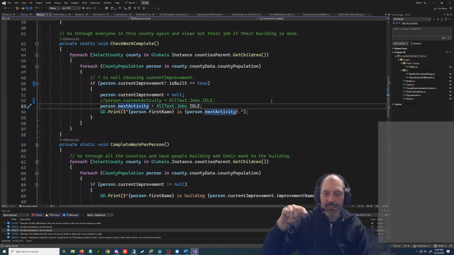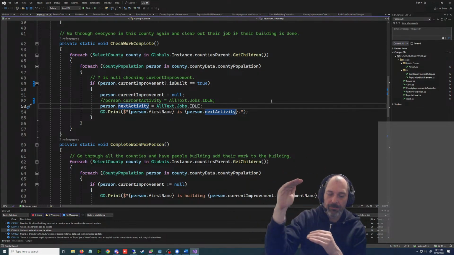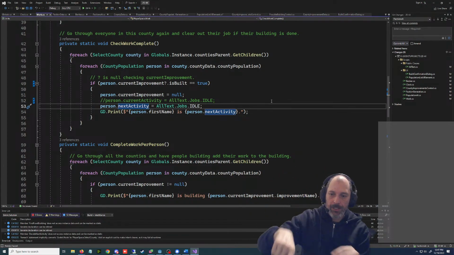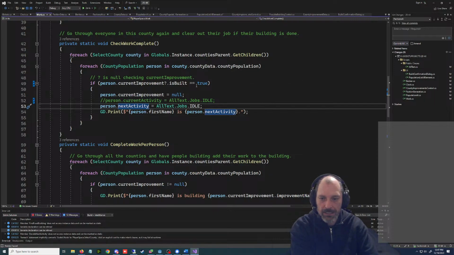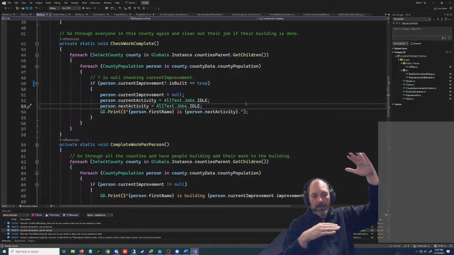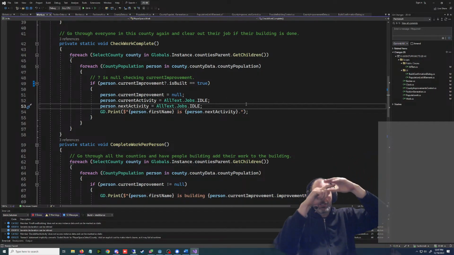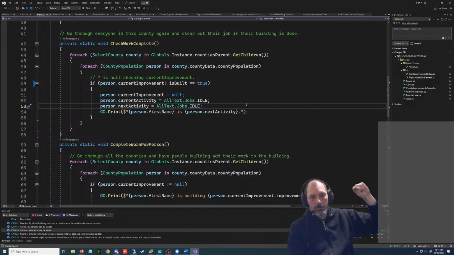Since it says they're idle, it's going to be that between 5 and midnight. If we said their current activity, see, this is where we had this going. Okay, so if we do that, then between 5 and midnight, they have the chance of starting a new job. Well, it happens at midnight. And that would be terrible.